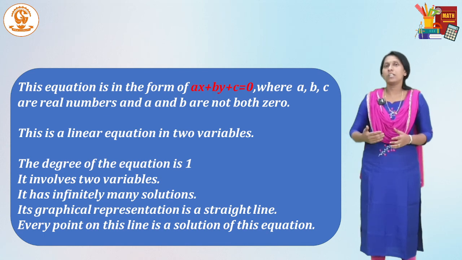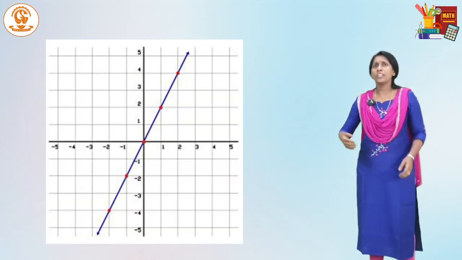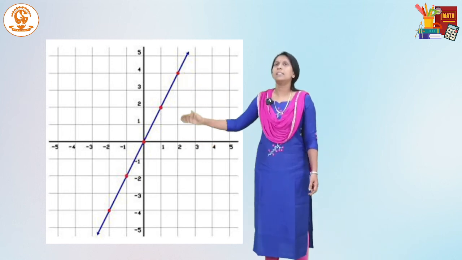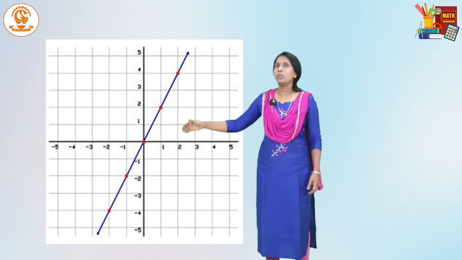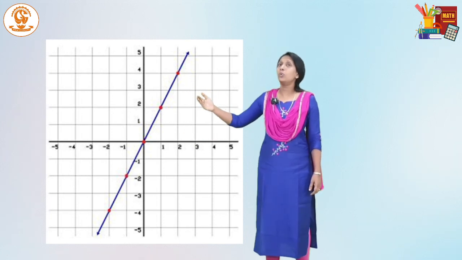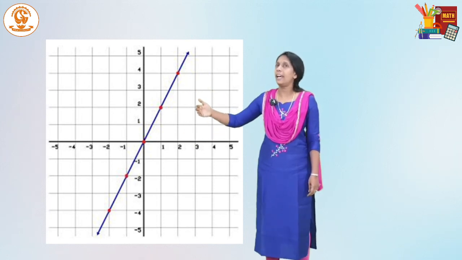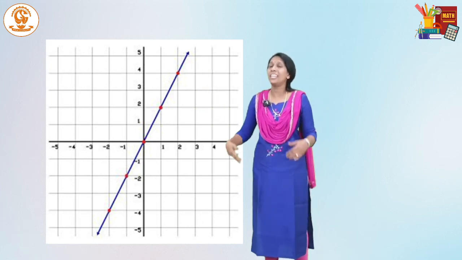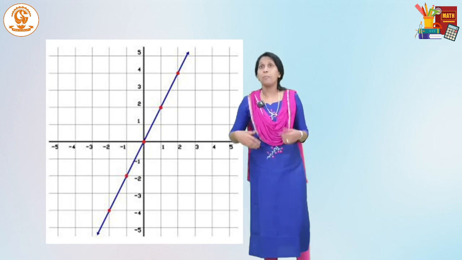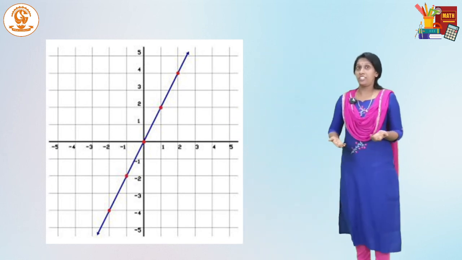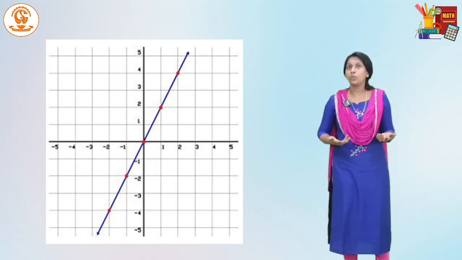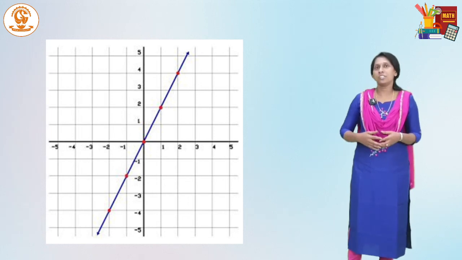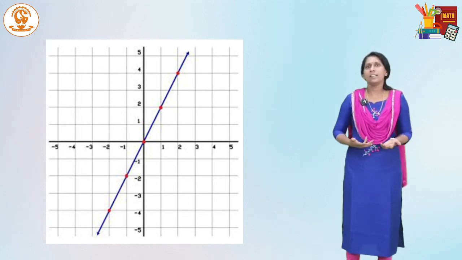So let's see one such graph. Can you see one graph here? Yes, you can see that this is a straight line, isn't it? And this graph passes through infinitely many points. Can you see that? Yes, teacher. This line passes through infinitely many points. So we can say that the number of solutions of the equation will be, how many solutions will it be having? Infinitely many solutions since the line passes through infinitely many points. We can easily understand, isn't it?